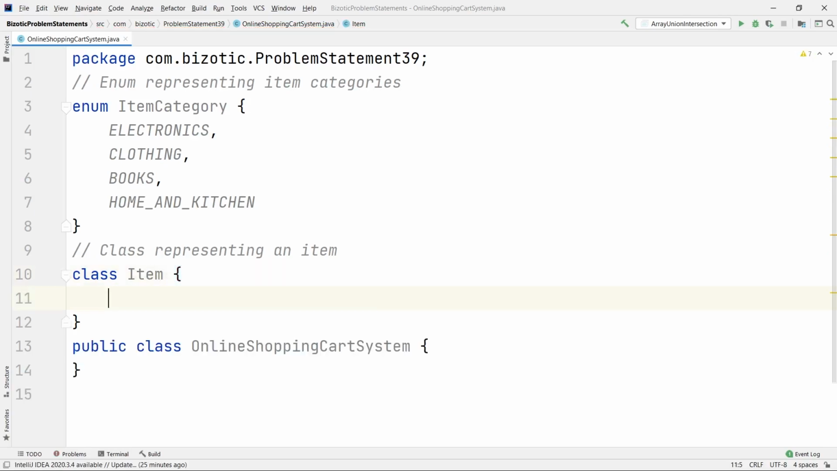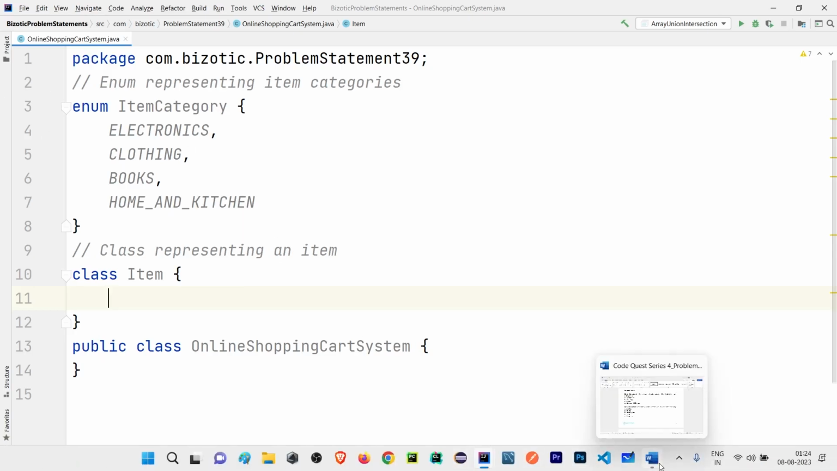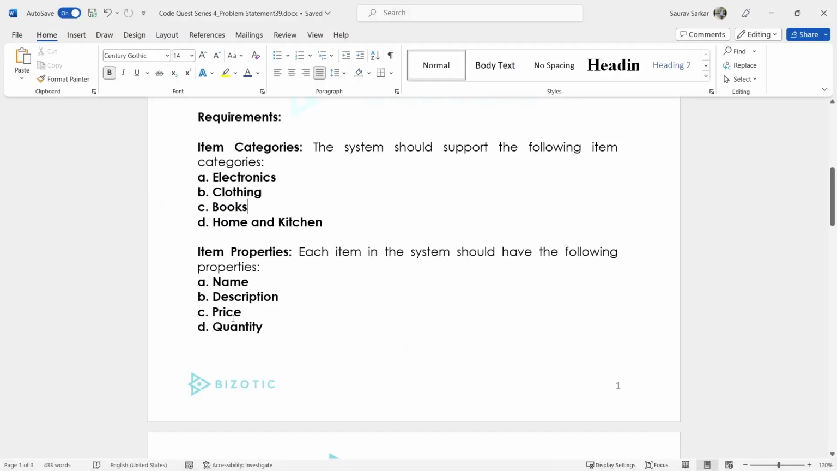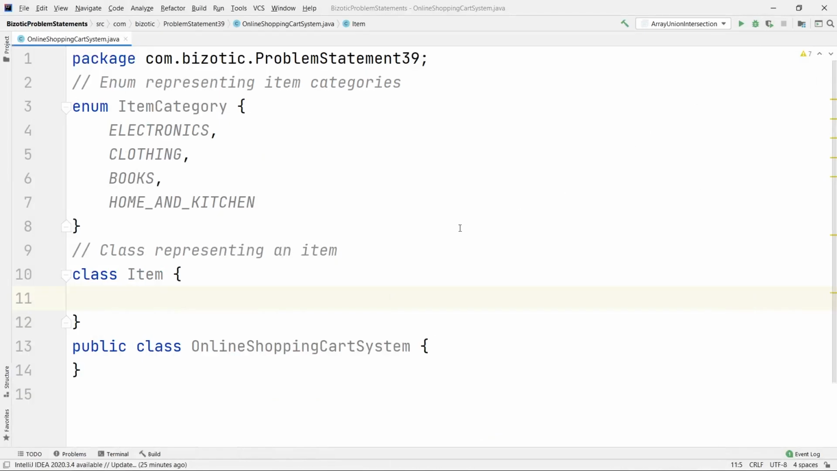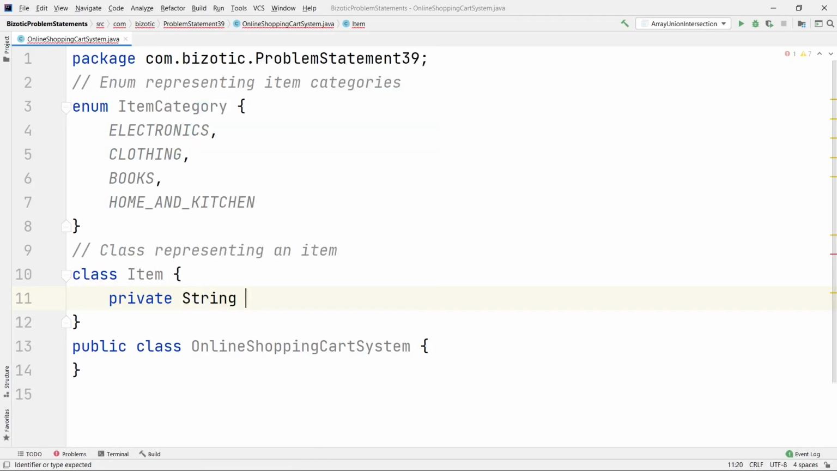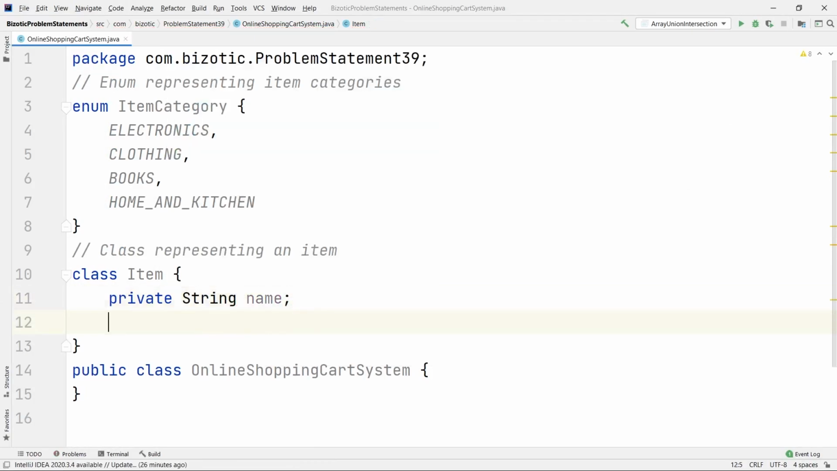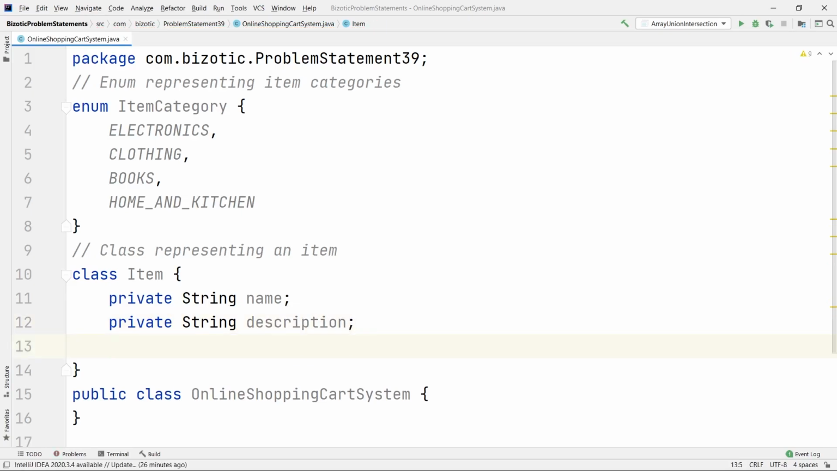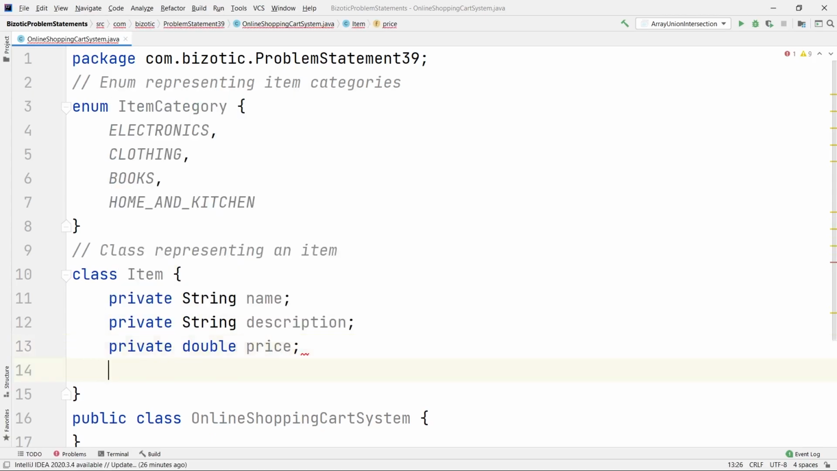and here we had our, let me just go and check back here, name, description, price, and quantity. Okay, so I will make them private. Private String name, private String description, then private double price, and I will take private int